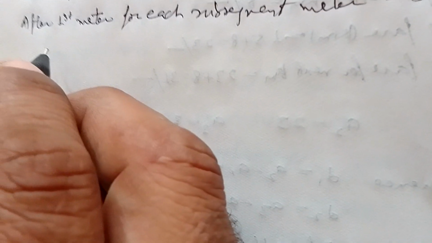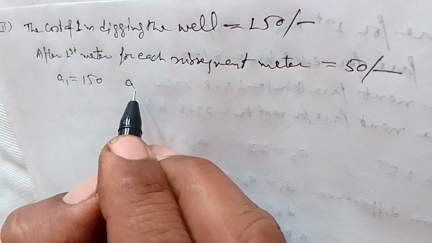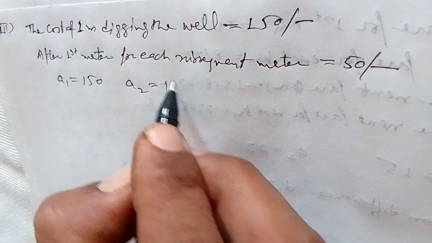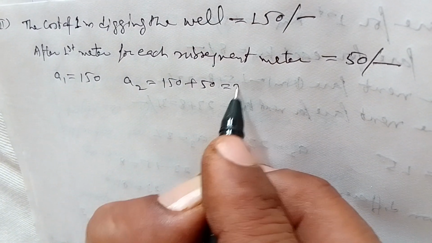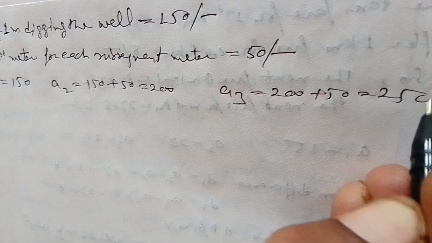So in this, A1 comes out to be 150, A2 comes out to be 150 plus 50, that is 200. Then A3 comes out to be 200 plus 50, that is 250, and so on. So the common difference